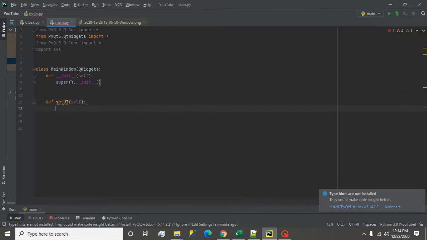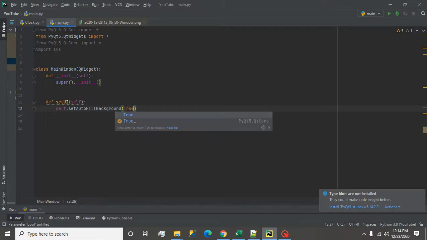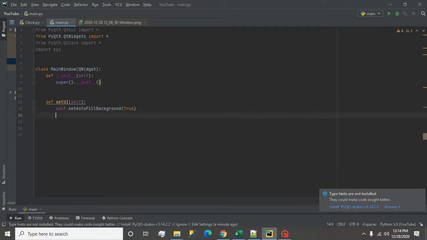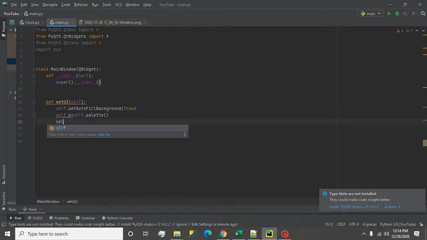Now first I set the background color. So I write self.setAutoFillBackground, I make it True, and then I write self.p is equal to self.palette. Now we set the color.